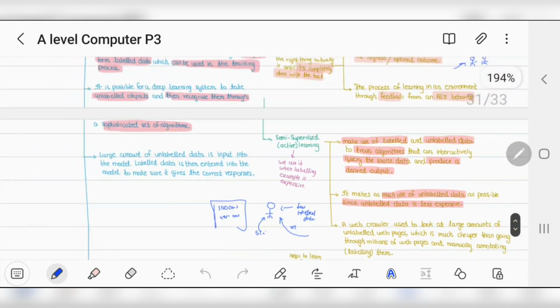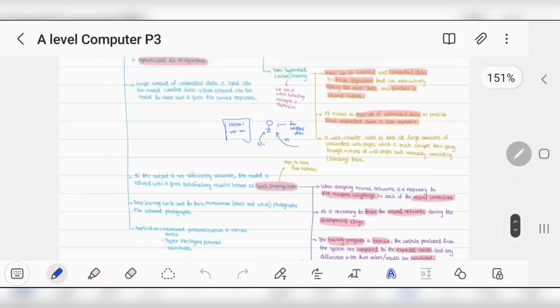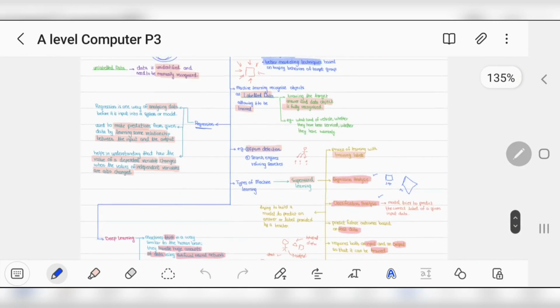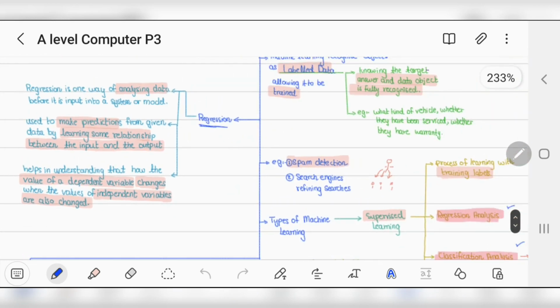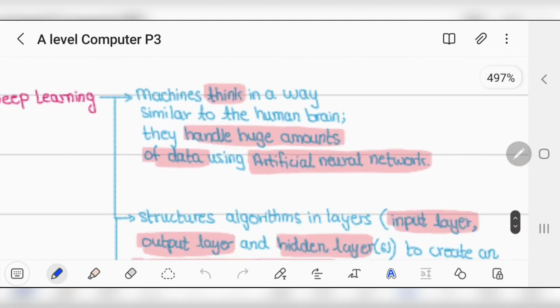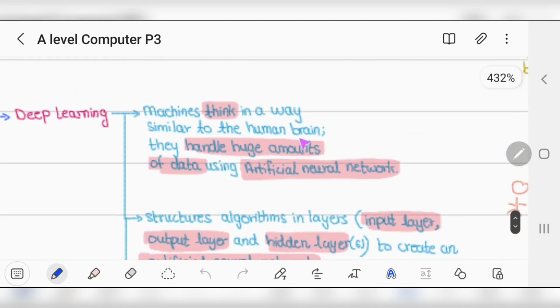Okay, now let's start with deep learning. What is deep learning? Deep learning is a part of machine learning, which means machine learning and deep learning work together all the time. Machines think in a way similar to the human brain. They handle huge amounts of data using artificial neural networks,